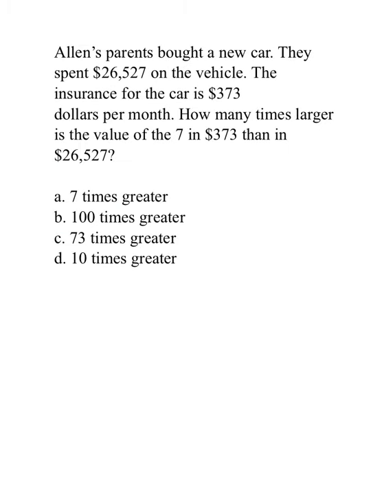Number 5. Alan's parents bought a new car. They spent $26,527 on the vehicle. The insurance for the car is $373 per month. How many times larger is the value of the 7 in 373 than in 26,527? So if I look at those two numbers,